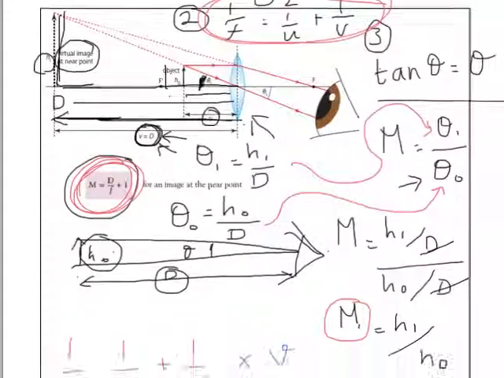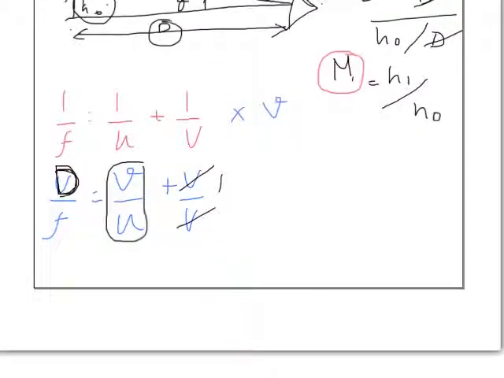So using this idea, we can say that h0 over u equals h1 over